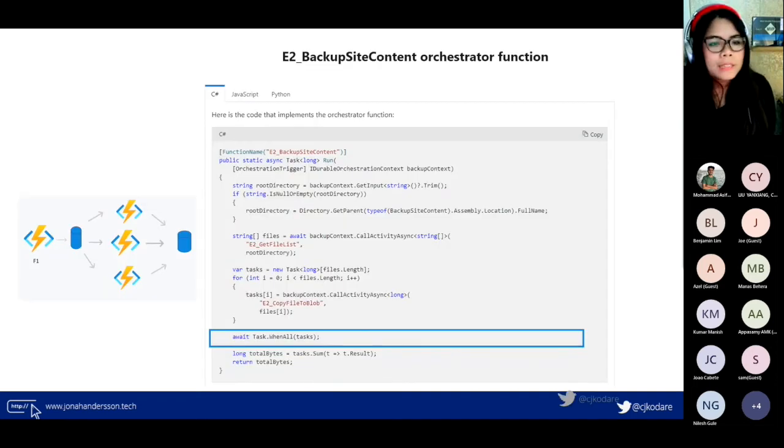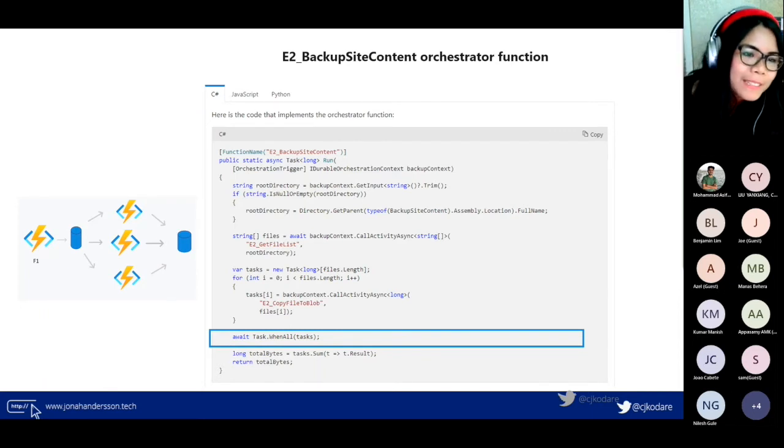And usually in the code, C# example again, since I'm a .NET developer. As you can see here, you have an example where you want to back up a site content. You have your root directory and a list of files, and you want to back up your files by calling a method getFileList.